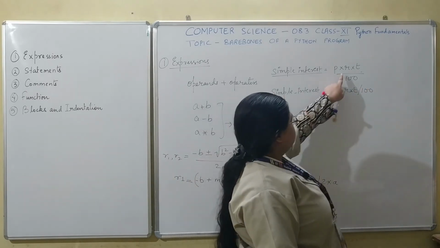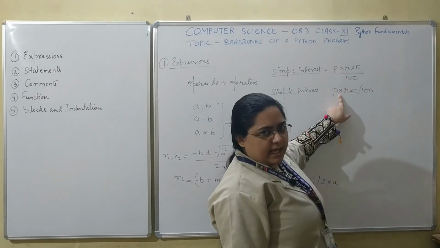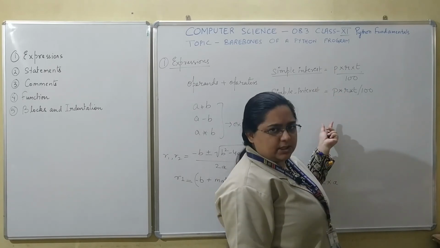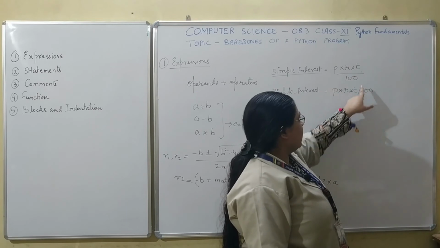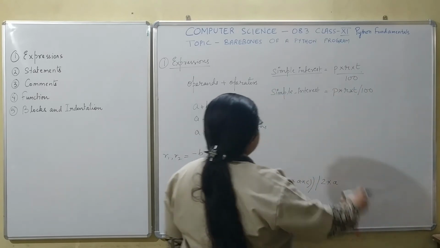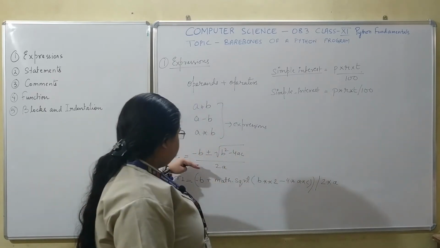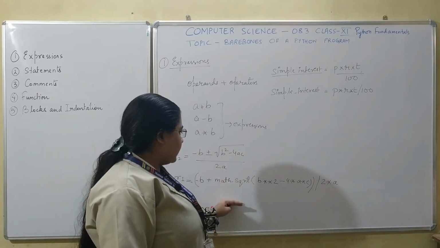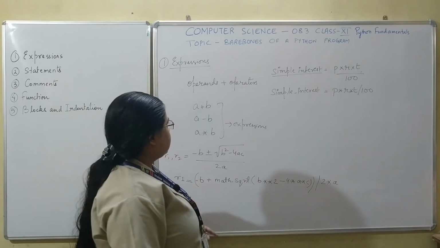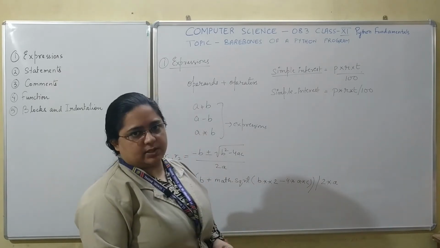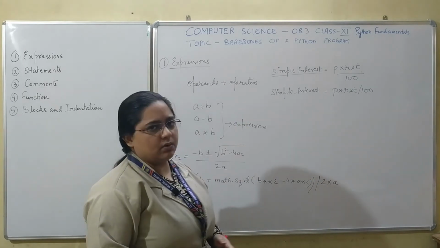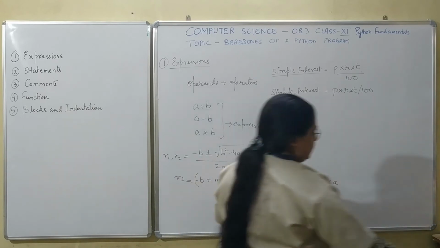Simple underscore interest equals. So instead of this multiplication, we have used asterisk, which is used for representing multiplication sign in Python, and we have used the division sign for division operation. So these mathematical formulae or expressions which are represented in Python or any programming language, they make up what? Expressions. So any Python program can contain one or more of these kind of expressions.